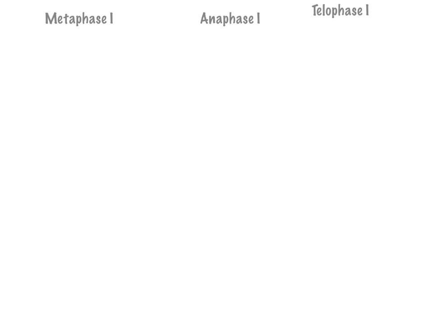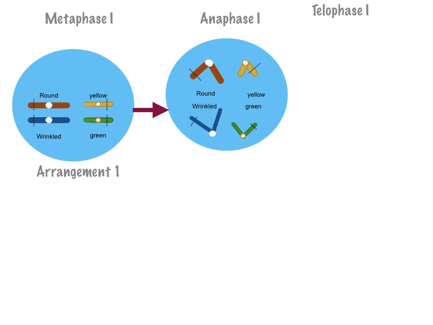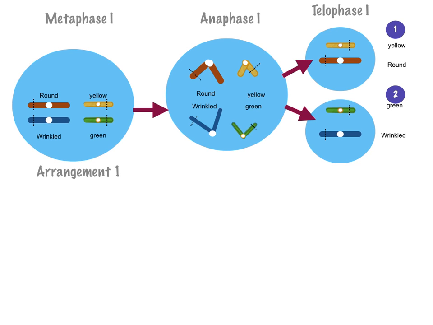So what do I mean by this? Well, here's a diagram to explain what I've just said. You can see that the chromosomes are arranging themselves randomly on the equator during metaphase 1 of meiosis. Any one of the two alleles for seed color can combine with any one of the two alleles for seed shape. The result is that you're going to get 4 different types of gametes. So here you can see how the round and yellow during anaphase go to one pole and the wrinkled green go to another pole. So the result will be that you have one gamete with yellow and round, another gamete